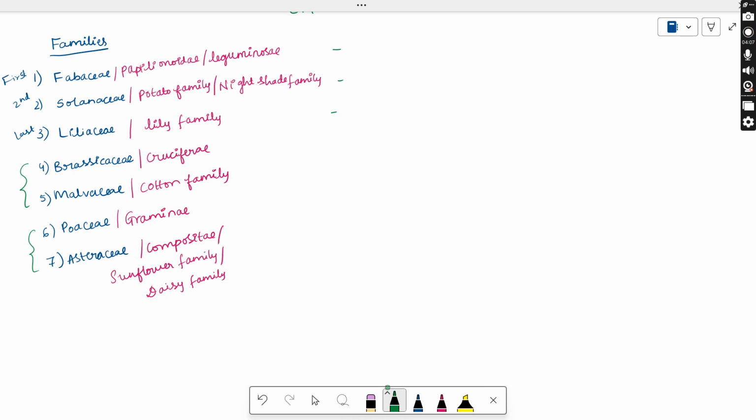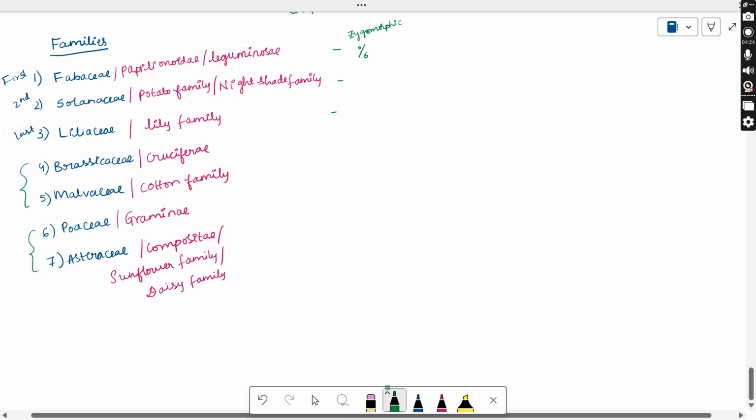So coming to Fabaceae, the old name is Papilionoidae. All the legume plants come under this. The flower of this shows a particular symmetry. This percentage symbol represents that it is the zygomorphic type of flower. We have actinomorphic symmetry and zygomorphic symmetry. Whenever you cut the flower in a particular plane passing through the center, only in that plane can it be cut into two equal halves. We represent this with the percentage symbol, which says zygomorphic.